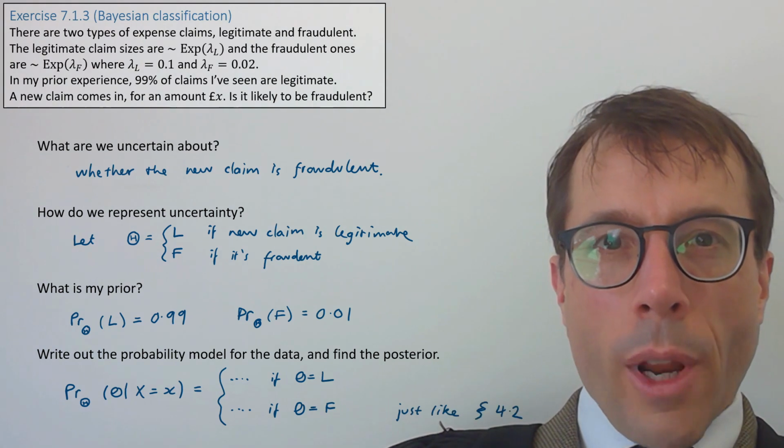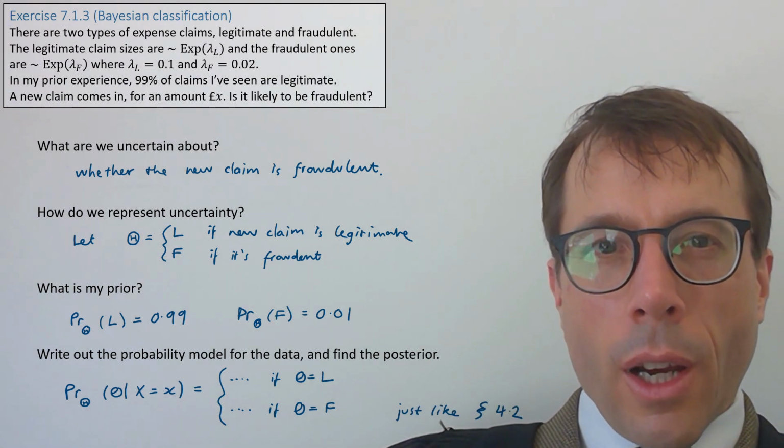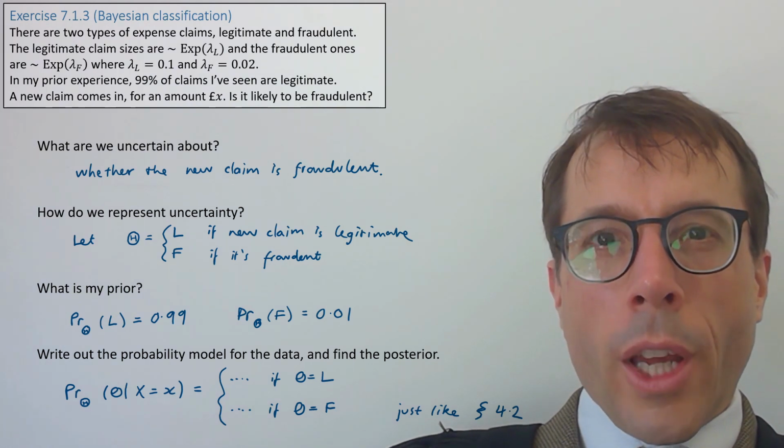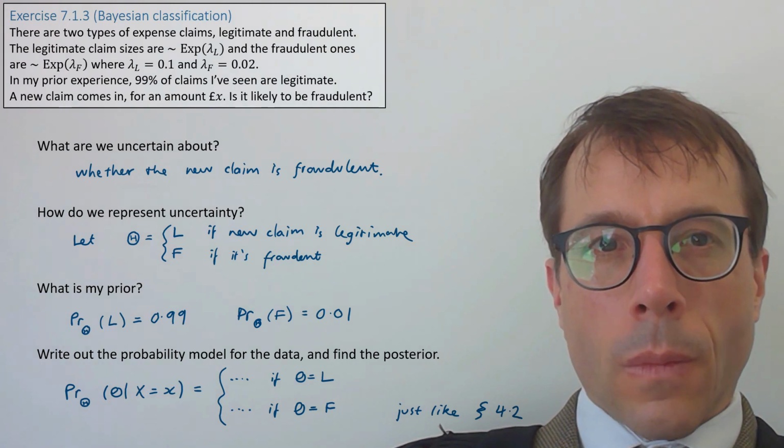Okay, now we've got all the random variables properly defined. The rest of the question is just plain sailing. In fact, we've already answered exactly this type of question before in section 4.2, so I'm not going to go over it again. All I wanted to do with this example is to give some guidance about how to look at a real-world problem and think to yourself, aha, this is what I should treat as random. I think that's the real tricky thing about Bayesian questions. The rest is just the standard three-step procedure, exactly the same for every single Bayesian question.